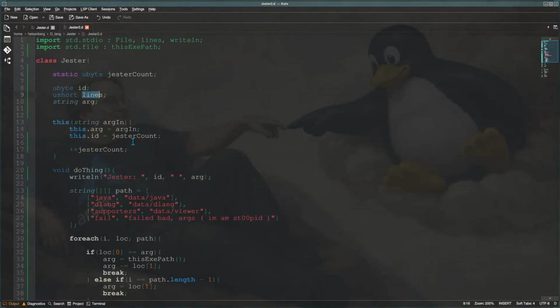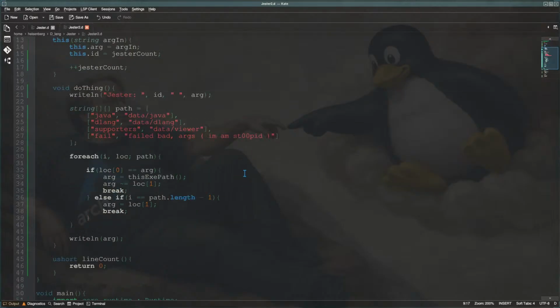Also, instead of calling that lines, we're gonna call it counts. Yeah, sure, counts. Instead of, I think what we can do is not even bother with that. I think we can just open a file, right? So let's go ahead and do auto f equals, and then we'll set our file to equal the stuff we just got out of this, right? So we just got our arg out. Arg is going to equal that. And then